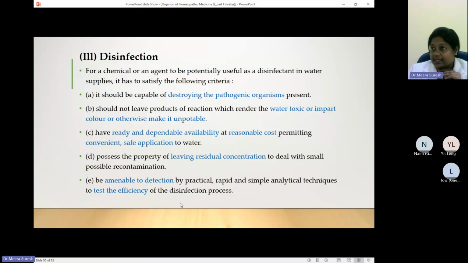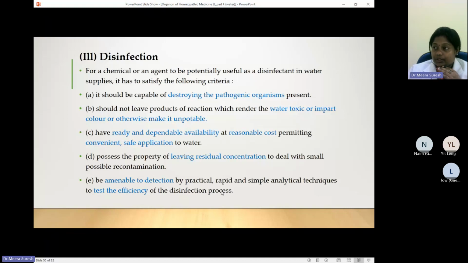In one of the later slides, you will see water can be purified even using UV rays, and nowadays that is also a trend to purify water using UV rays or ionization method. It is costly, but the only problem is this one, the fifth method. We can't do it in case of UV rays. It also doesn't leave any residual quality. So we can't say after a few hours that water is safe to use, and even after UV treatment, we can't do any test